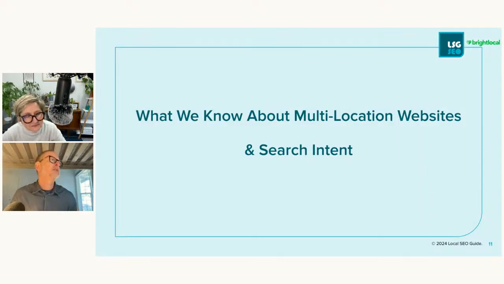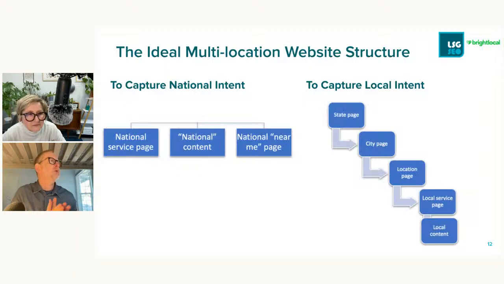But the problem is we need to know about search intent when we do this. So as an example, not every search result is relevant for a near me, or let's just put it this way, Google doesn't necessarily want to show what we'll call a national near me page when they might want to show a local near me page. TripAdvisor, DoorDash, all these sites have national near me pages. Like if you go to DoorDash, they have tacos near me and that kind of thing, but they also have tacos near Pleasanton. So you have to kind of figure out what Google's showing. And so you have to basically figure out how to capture search intent with different pages.